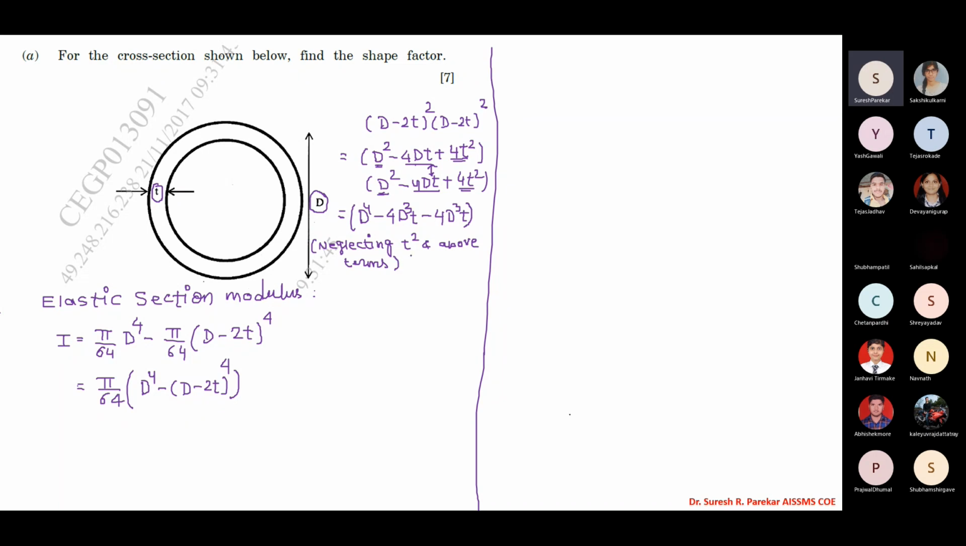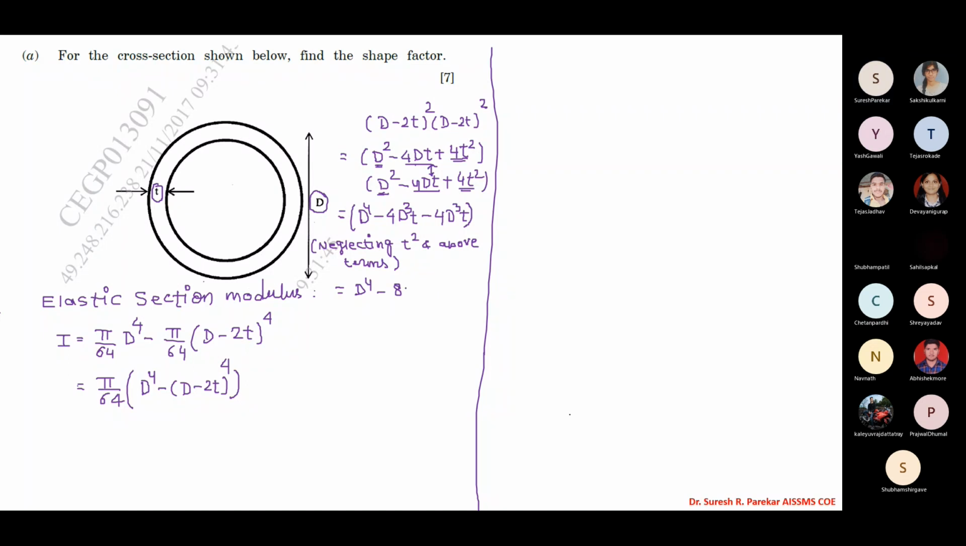Above terms means power more than 2. So t square, t cube, t4, t5. And therefore we will get d4 minus 8 d cube t, and then we will substitute over here equal to pi by 64 in bracket d4 minus 8 d cube t. Now by solving this bracket, we have pi by 64